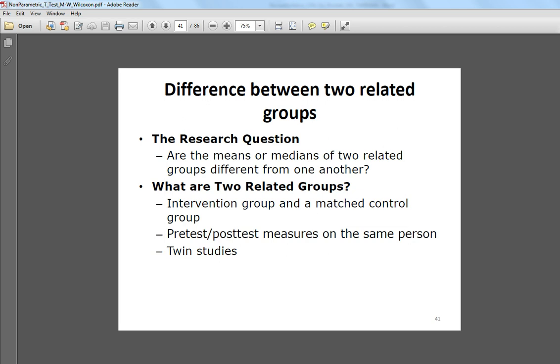When you have an intervention group and a match control group, so they are now paired t-tests, because even though you have an intervention group, you also match it with a control group, so you're trying to make them similar, and so that's why you have two related groups. And then the pre-test post-test measures of the same person, because obviously you're taking your measures on the same person, so that is related. And then the twin